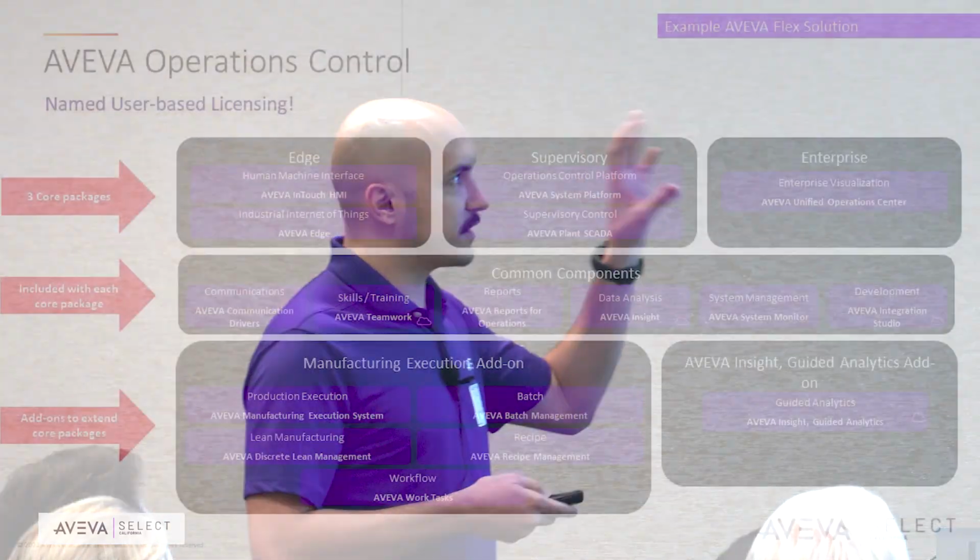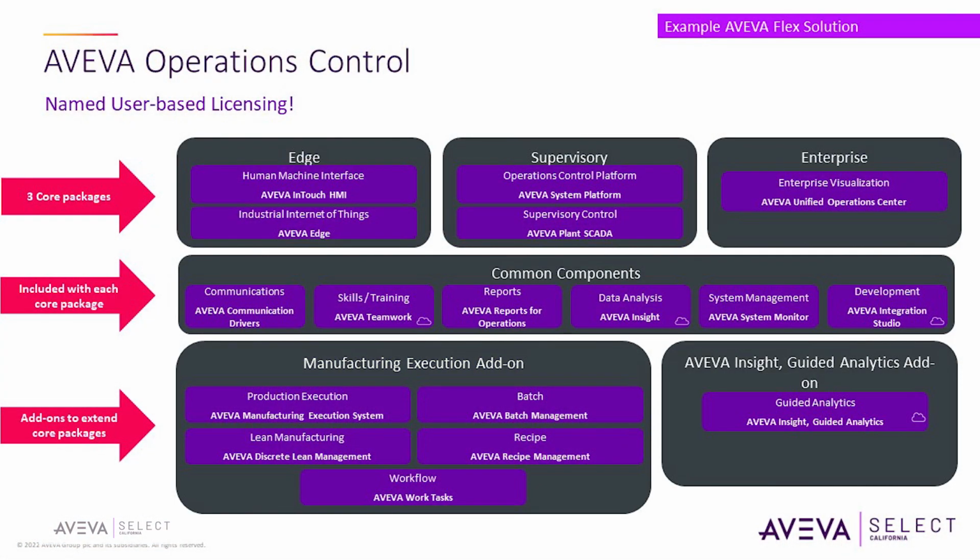So just to recap on what John was discussing this morning in operations control, right? This is our named user-based licensing. We just ask how many users do you have touching the system, whether it's touching SCADA, touching reporting solutions, touching teamwork, or development licenses, right? However many users are touching any of those products, we'll coordinate those user counts,